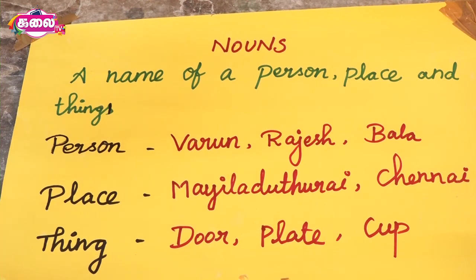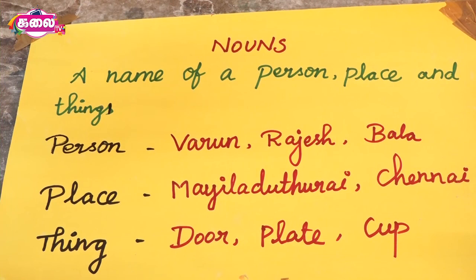Next we learned formation of words. A group of letters is called a word, and also we learned 2-letter words and 3-letter words. And we learned formation of sentences. What is meant by a sentence? A group of words formed in correct order and which makes sense is called a sentence.